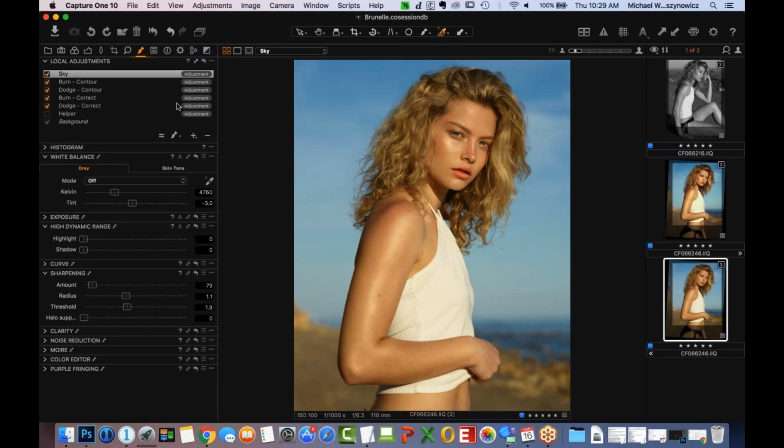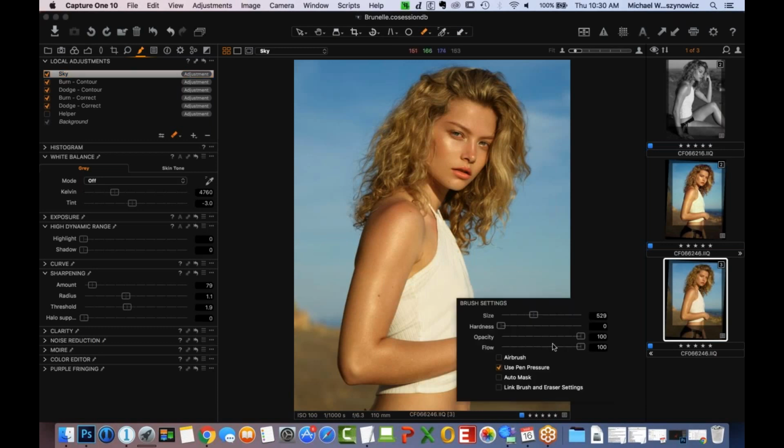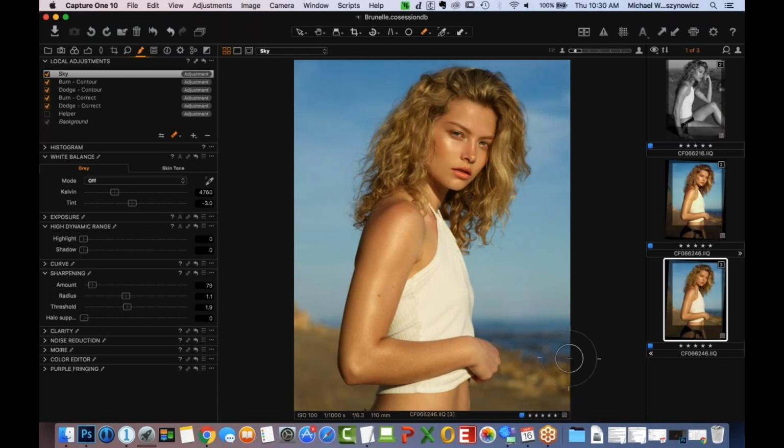Now, one thing that I would like to do as well, and this is sort of the reason why I did this as its own local adjustment, is you can kind of see on the bottom here, if we toggle this on and off, it creates a not so ideal transition between the ground and the sky here, just because there is that sort of feather in color that's happening. So what we can do is grab a brush there as well, and hit E, which is going to give us our eraser brush because we want to take off the mask. And then right-clicking, we want to lower the opacity of this maybe to something like 20%, and just kind of brush out this area a little bit so that it transitions into that new color a little